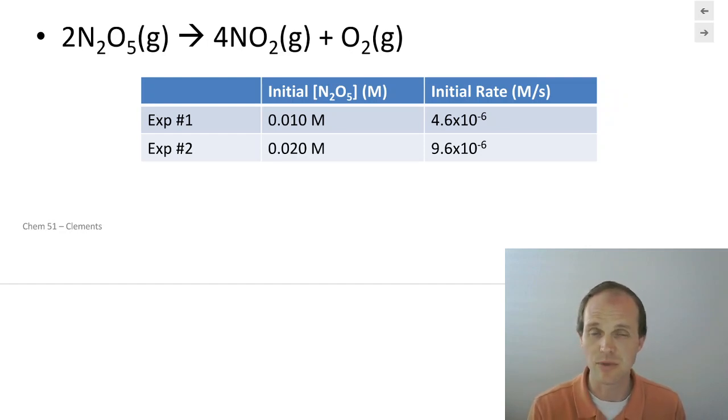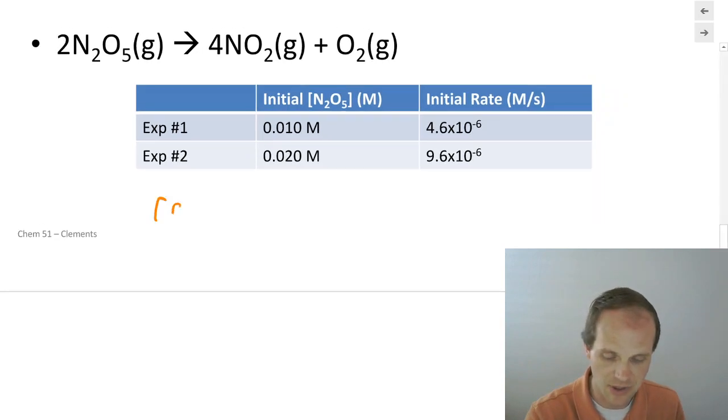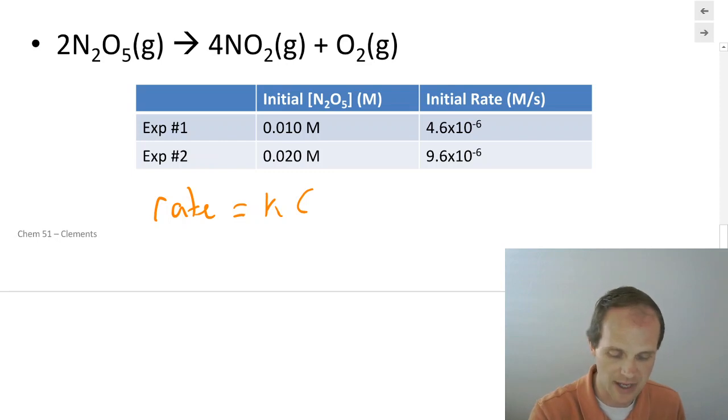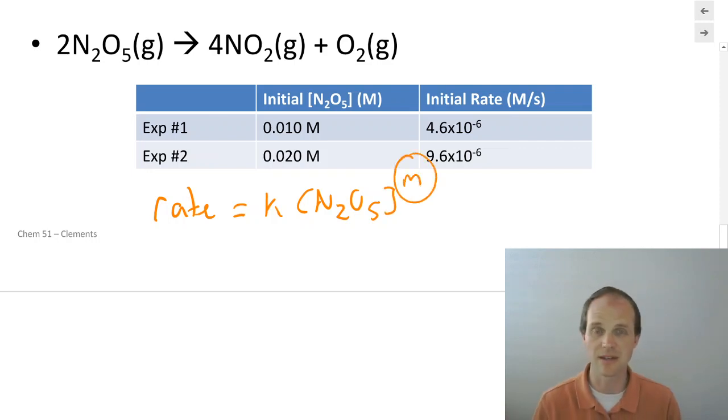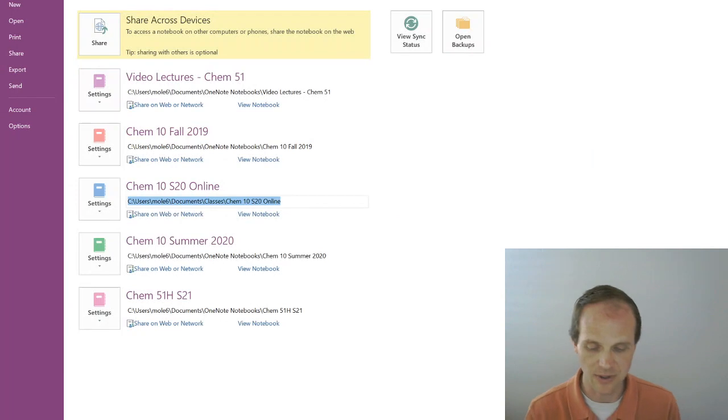Now remember, when we're talking about these rate laws, for now we're only talking about reactants. We're not talking about products. There are reactions where the more products you have, the slower your reaction goes, but we're not going to talk about those. We're just saying, hey, our rate is only dependent on our reactants. Remember, we defined that rate is k times each one of our reactants to some power. We don't know what that power is. That's what we're trying to figure out. That's the goal of the initial rate method, is to find that value of m.